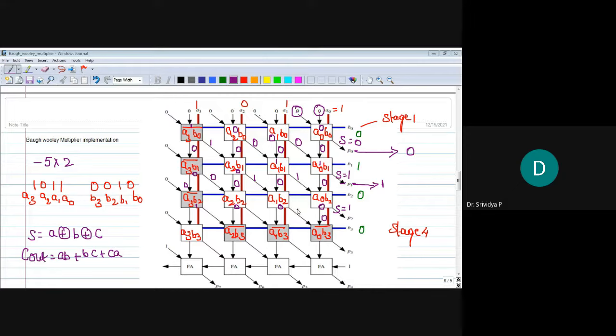Similarly, sum of this full adder will be 1, carry will be 0. From this full adder, sum will be 0, carry bit is also 0. Evaluating these three, 1, 0, 0, from this full adder, sum bit will be 1.